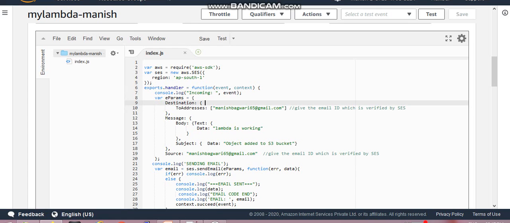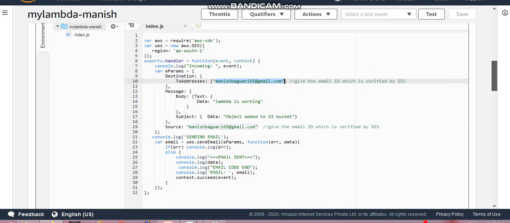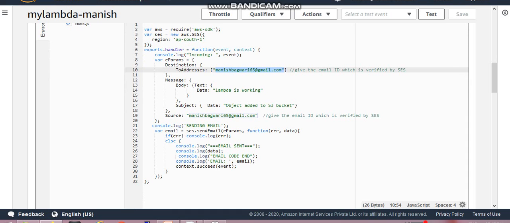I have provided the same address that is verified by the SES service. This is the message, this is the subject, and you also set the source. Then ses.sendEmail is the function that sends the email; just pass these params which you have configured here, and save your function.